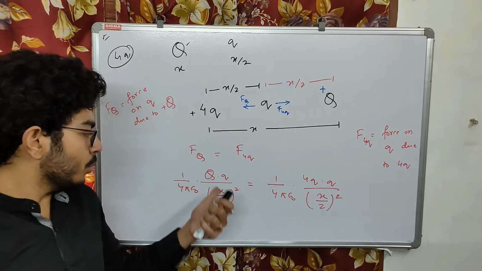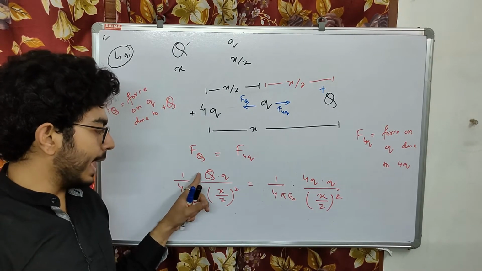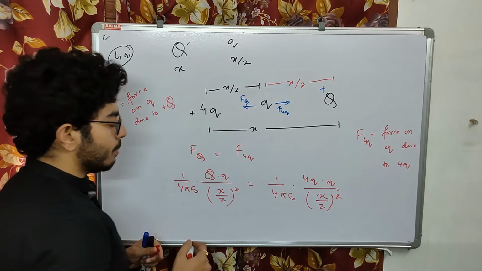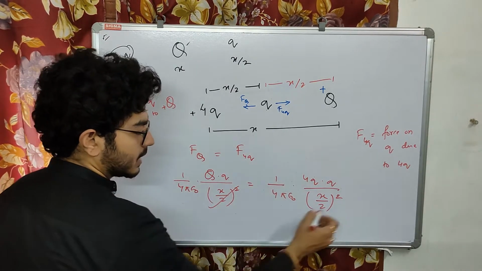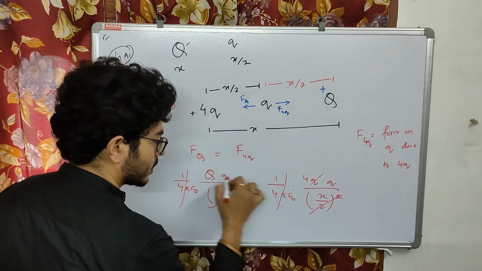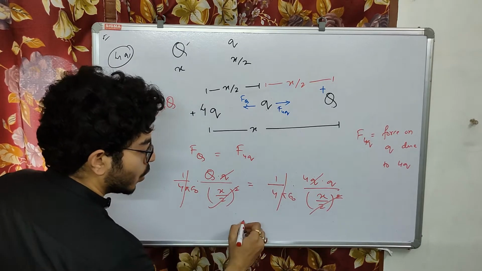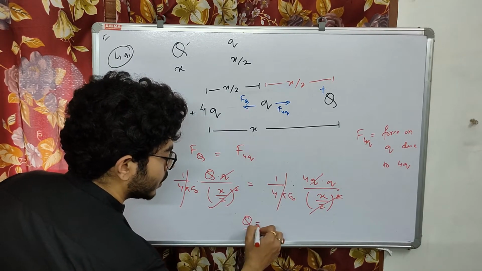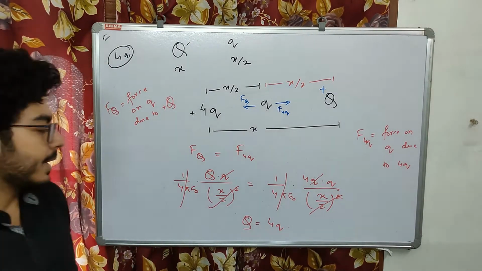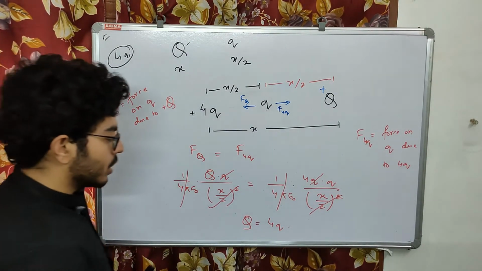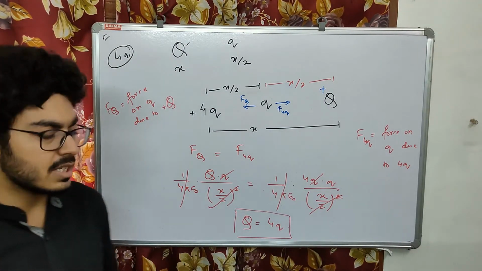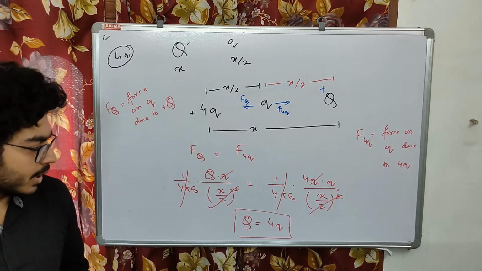So from here we are going to find what is the magnitude of this positive Q. Okay, so what is the magnitude? So the magnitude comes to be like this. This cancels, and this one cancels, and this cancels. So we are going to get capital Q is equal to 4Q. So we got this, capital Q is equal to 4Q. So this one was, I think, very easy. This one was a very basic and easier part. So just note it down.